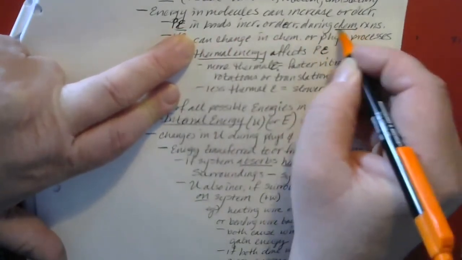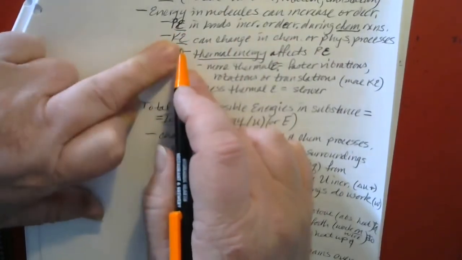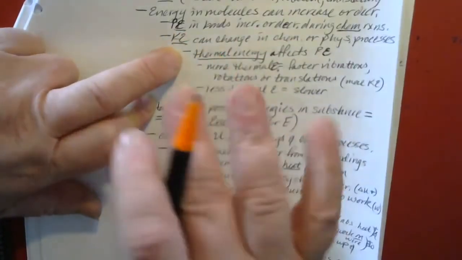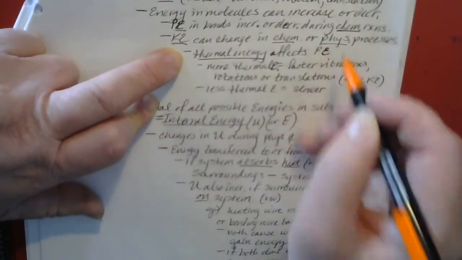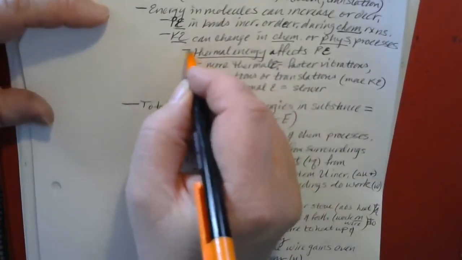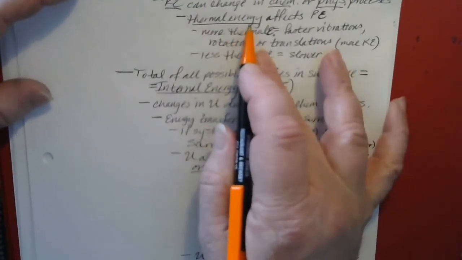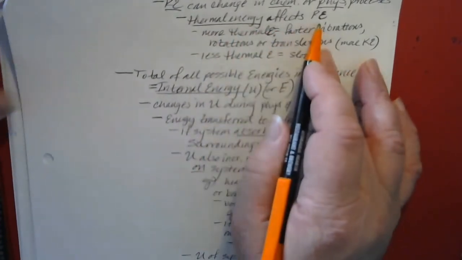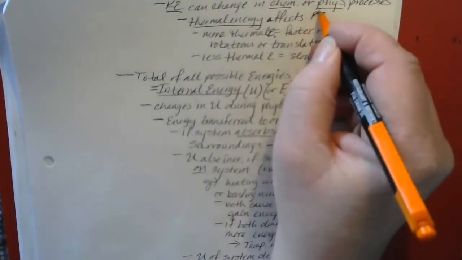So you don't really have physical processes that would affect the potential energy. But the kinetic energy can be changed by chemical or physical processes. And the main way that kinetic energy would be influenced would be through thermal energy. Thermal energy can also affect potential energy, but it mostly